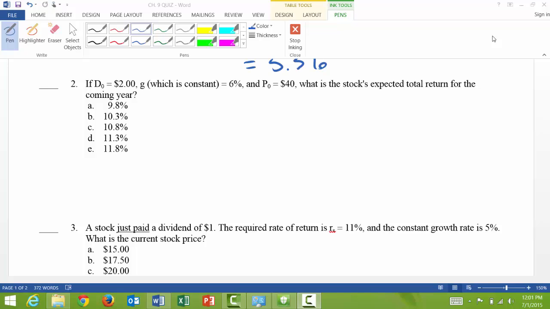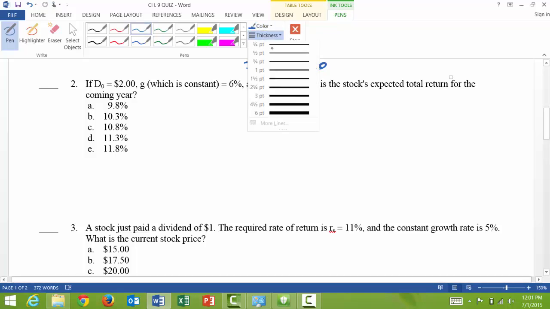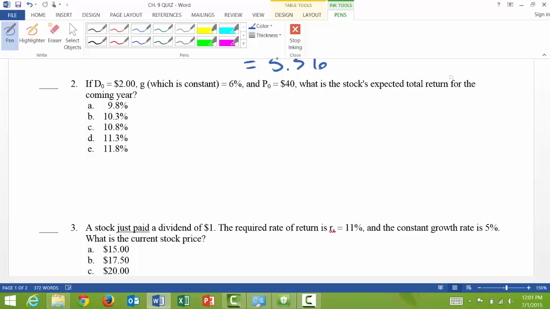So in question number 2, we're going to look at if D0 is equal to 2, and same thing as before, g, which is constant, the growth rate is 6%, and the price is equal to $40, what is the stock's expected total return for the coming year? And so the total return for a stock